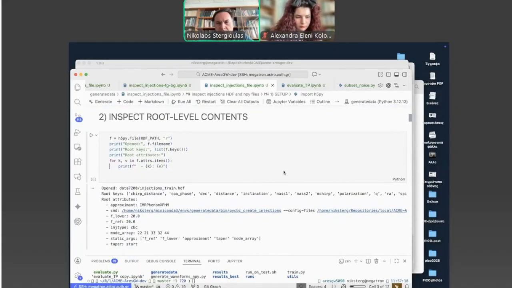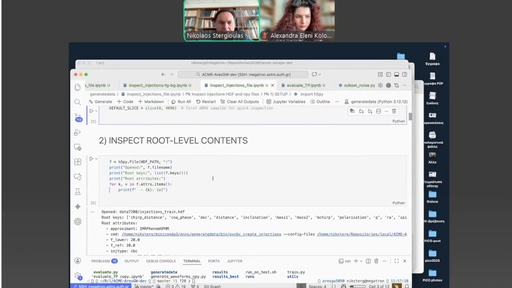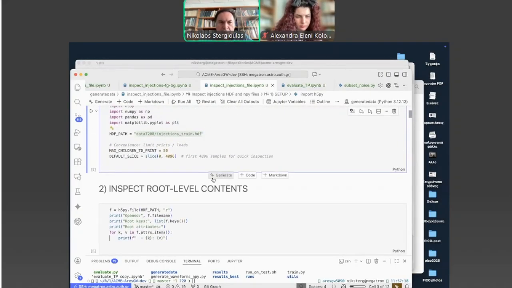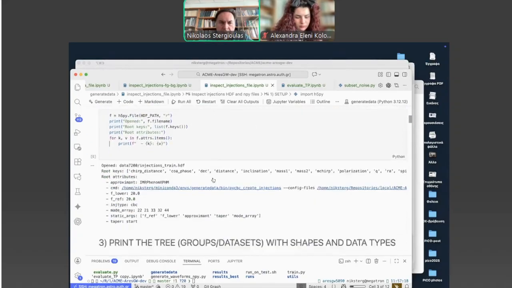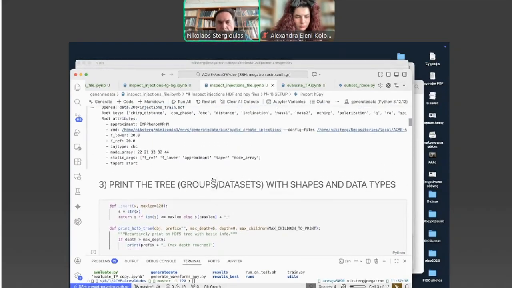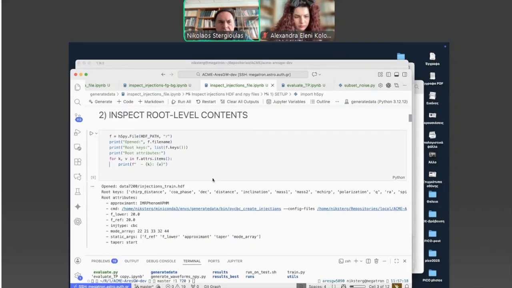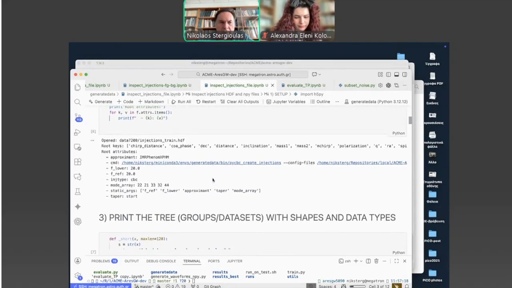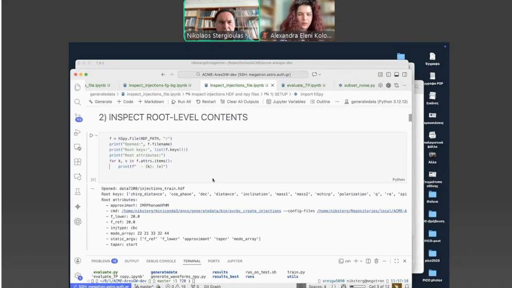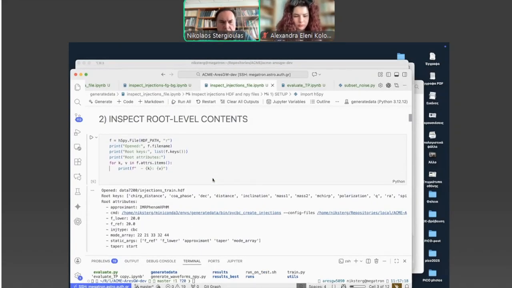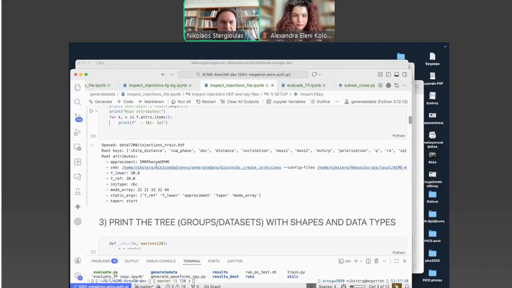In fact, here we first inspect the HDF files that we produced before the break, and then we're going to also inspect the files that we just generated. So let's first have a look at the HDF files that we produced before the break.